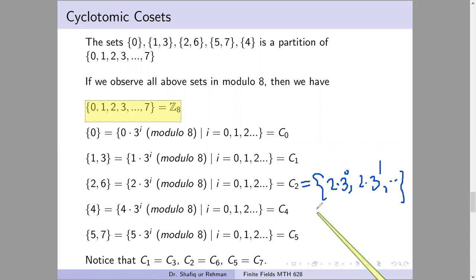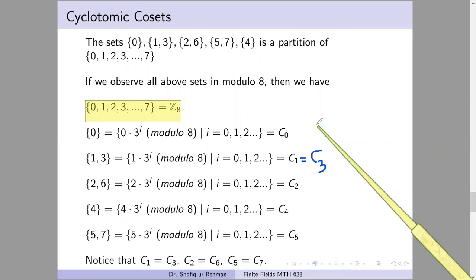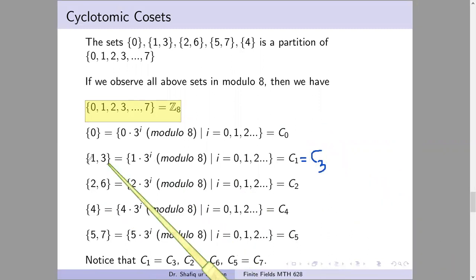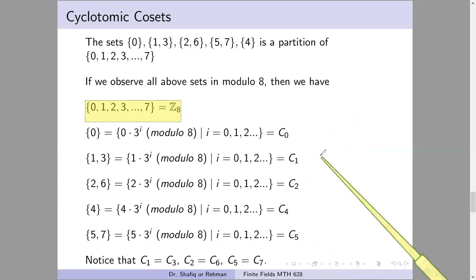Notice here also that C1 is equal to, one thing is also important, that C1 and C3 are the same. If you write C3 in the same way, you will again get these two elements, and similarly C2 will be equal to C6, and C4 will be equal to C7. So these are equal, and from here we observe that